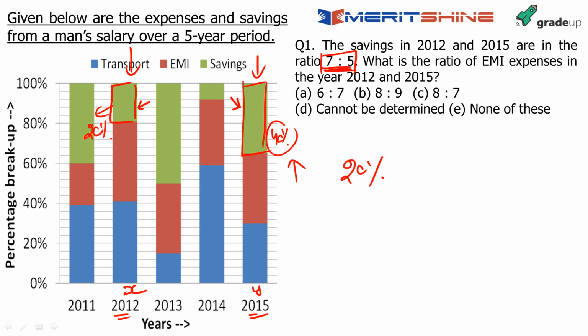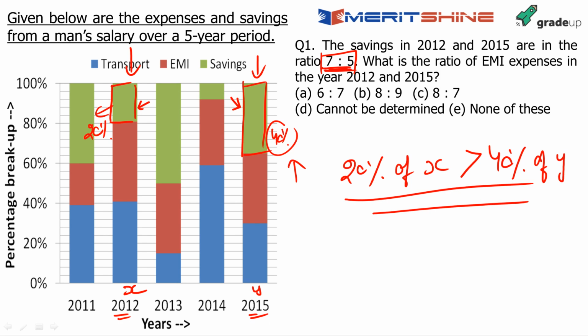So what is happening is this is approximately 20%. 20% of x is bigger than 40% of y. Yes or no? Why bigger? Because the ratio is 7:5. So not just bigger, bigger by a good margin. Again 40%. Fine. So this is bigger. Now if you look at this, by what percentage should it be bigger? Since 20% of x is greater than 40% of y, and that too by some good margin, had we compared it with 20% of y, it would have been at least double.